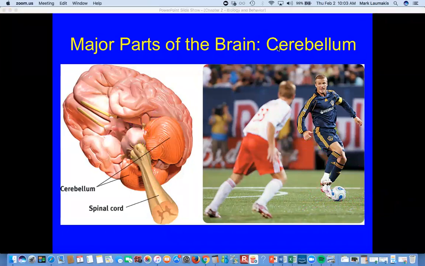You might be wondering, why do you have a picture of David Beckham when you are talking about the cerebellum? Because it turns out that the cerebellum is involved and concerned primarily with muscle movement, coordination, and balance. Let me type those down the bottom here, right? Muscle movement, coordination, and balance. If I didn't want to have a soccer player, I could have a dancer, a figure skater, or a gymnast, because they are all people who have really good skills in terms of muscle movement, coordination, and balance.